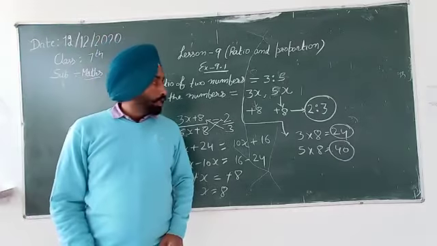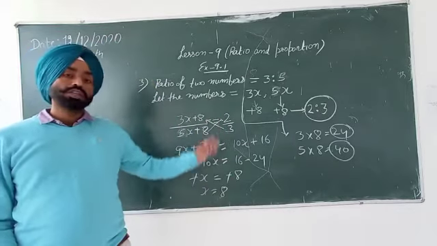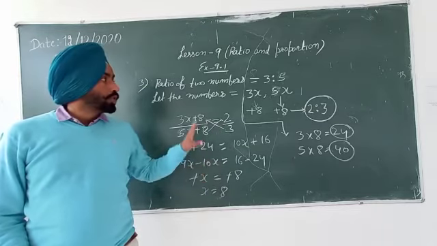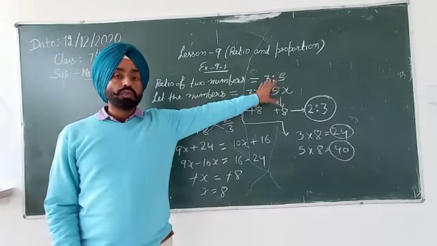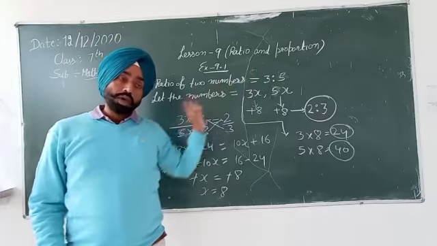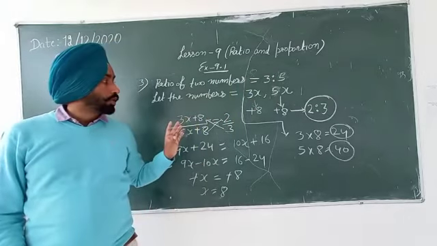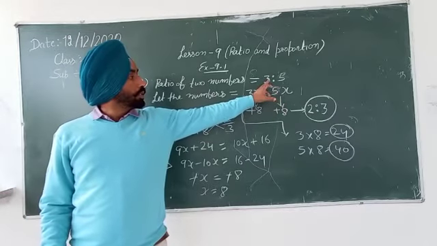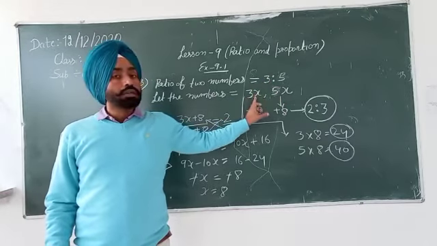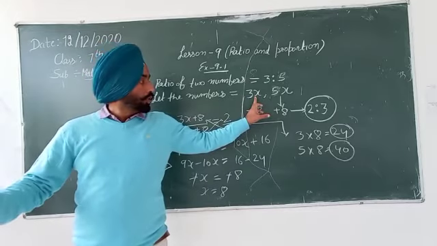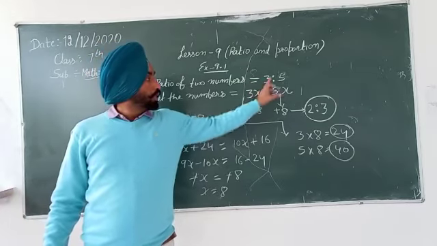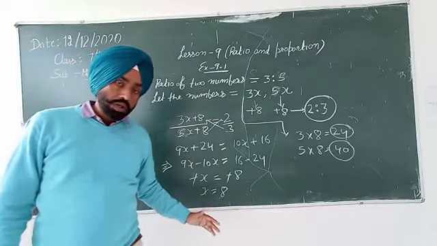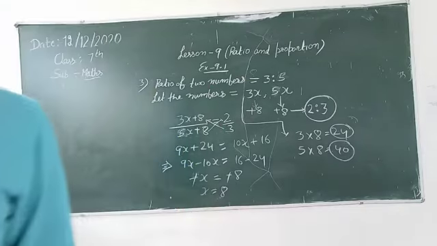Okay beta? In this way, beta, you can solve any problem based on ratio. You have been given the ratio, so from this ratio find the given quantity. Just put any variable with the terms of the ratio. So my first number is 3x. I can take x, y, z, any variable. So the first number is 3x, then the second number is 5x. Then proceed according to the questions. Okay, understood, buddy?